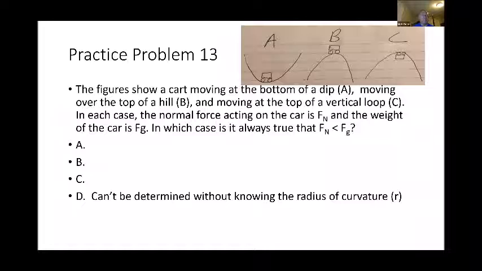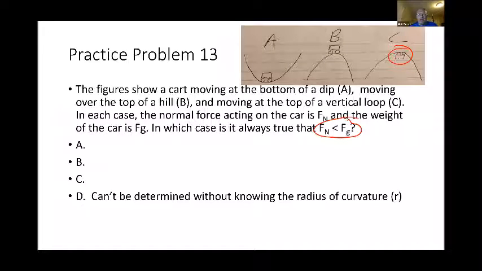Here we see the same question essentially, but this time we want to know, when is it true that Fn has to be greater or less than Fg? And this one I hope is pretty obvious. Answer here is C. And that's because remember that the normal force is essentially almost like a reaction force. So when something pushes down, the ground pushes back, the surface pushes back. In this case,